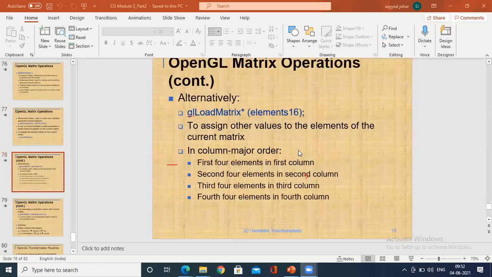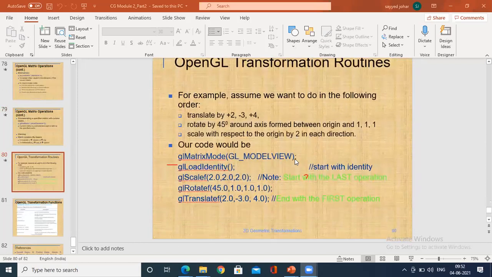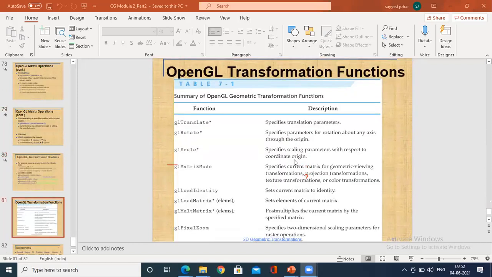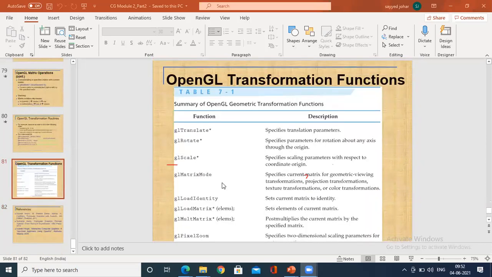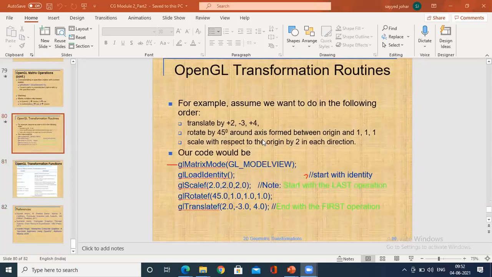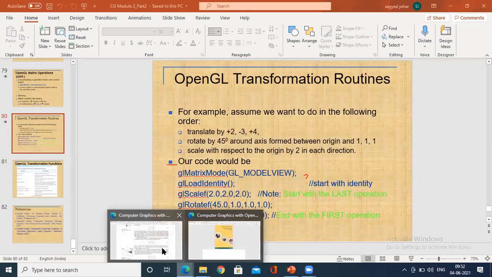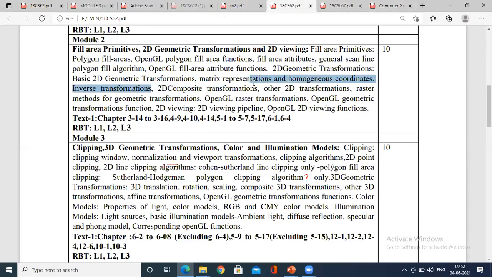So this is the final conclusion of this chapter. A few transformations have been left, so I will do them, right? Translate, rotate, and matrix mode have been used in our programming. As of now, to an extent, we have covered these concepts. Let me review it. What we have done is two-dimensional composite transformations. The other transformations, as I said, I'll do along with the lab, right?